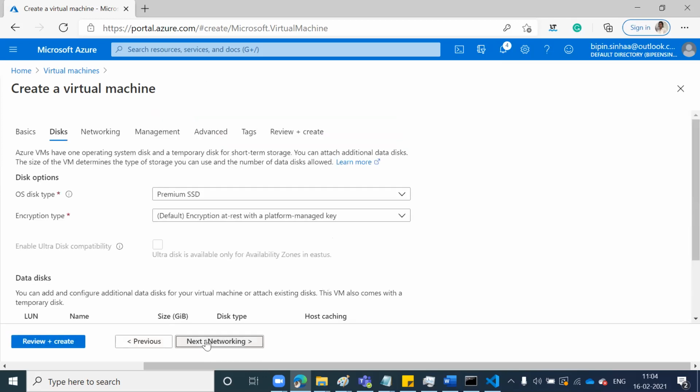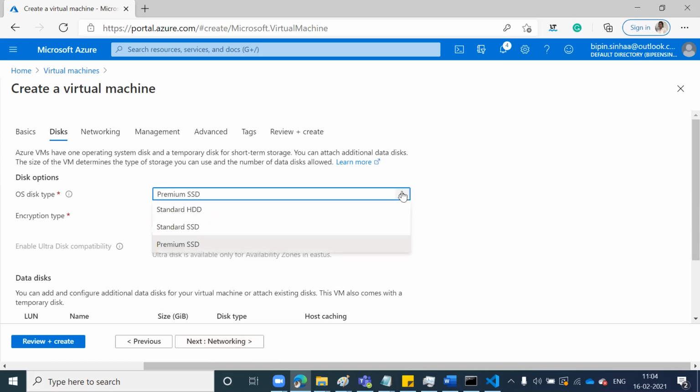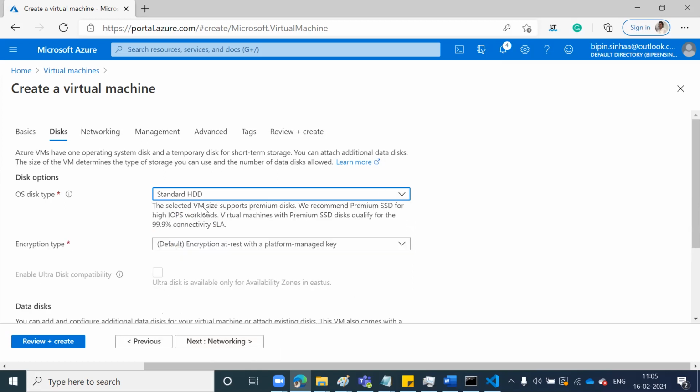Now by default, it is going to give you a Premium SSD disk. You understand SSD nowadays? But if you want a cheaper option, it gives you an option to use a magnetic disk as well. Drop down, correct? So you can use a magnetic disk, which is a hard disk, HDD. If you are only creating a server for testing purposes, you may select a standard HDD. But let's go ahead and say I am going to use SSD. Select SSD.